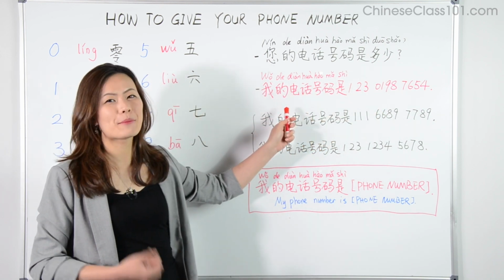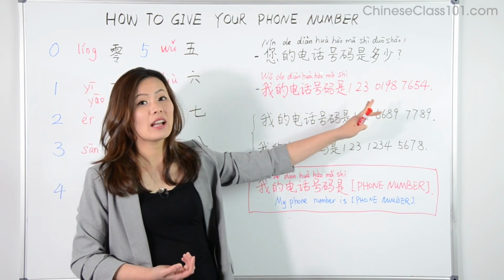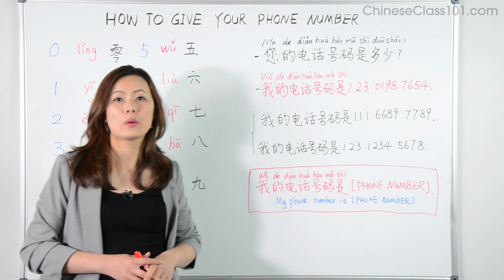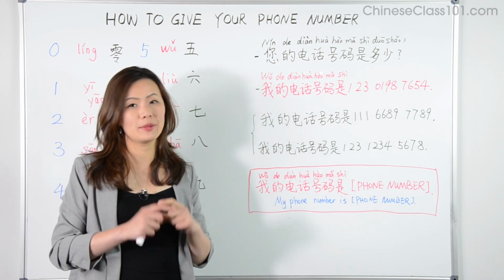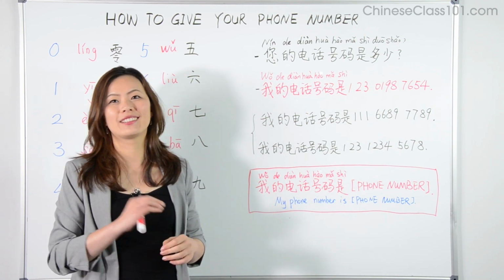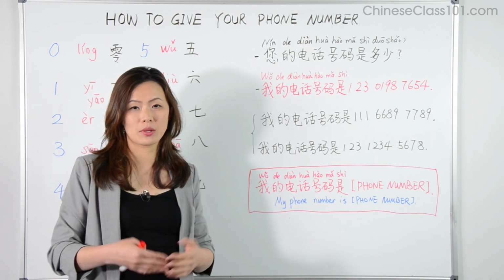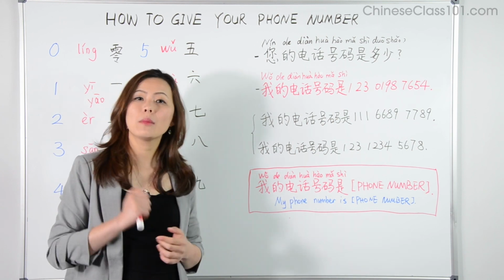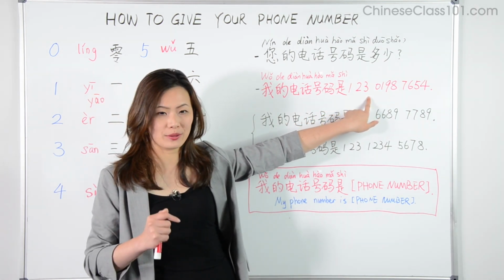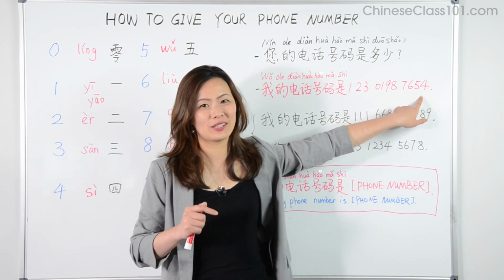Now the answer, 我的电话号码是 this number. First, 我的 my, 电话号码 phone number is this number. Now we put some spaces between the numbers, but usually in China, when you're given a phone number either on a business card or on an ad, there's often no space or hyphens between the long number. But it's a good idea to put pauses when you say the phone number. A common way to do it is after the first 3 digits, 停一下, put the pause there, and the next 4 digits, 停一下, put the pause there, and the last 4 digits, such as